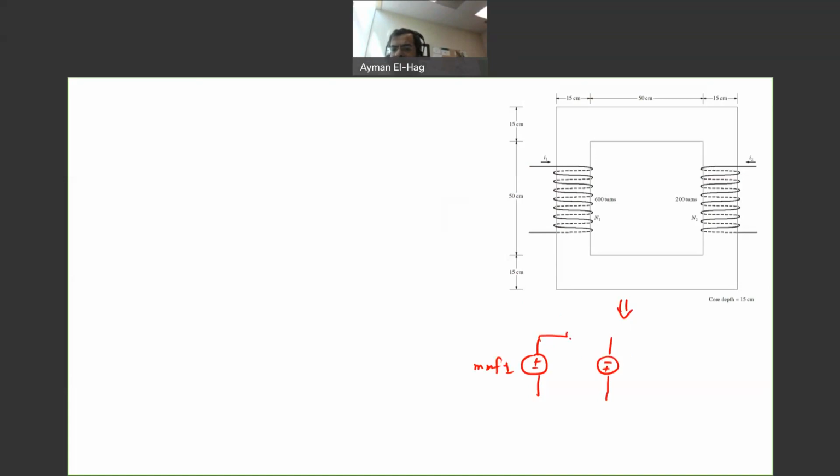And then we have only the reluctance of the core. This is MMF2. So MMF1 and MMF2 can be added together because they are in the same direction. The first one will produce the flux in this direction, and the second one will produce a flux in this direction, which is exactly the same thing. So the total MMF of the circuit is equal to MMF1 plus